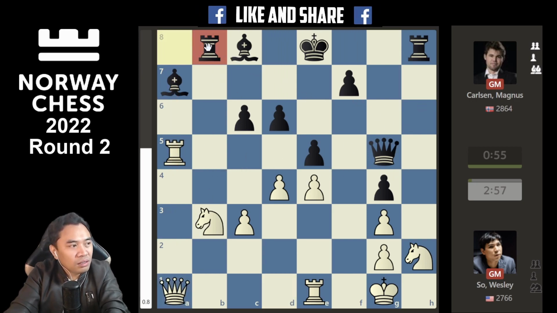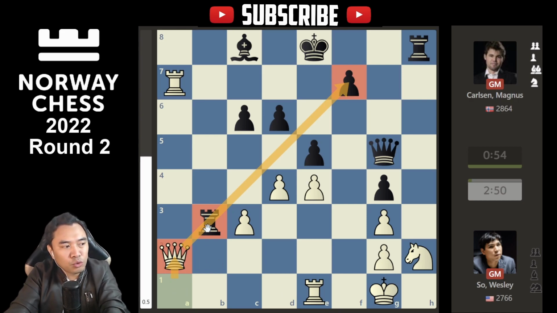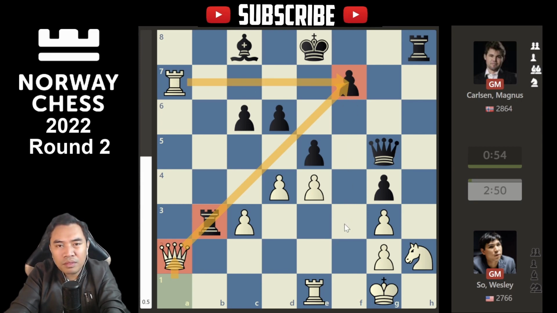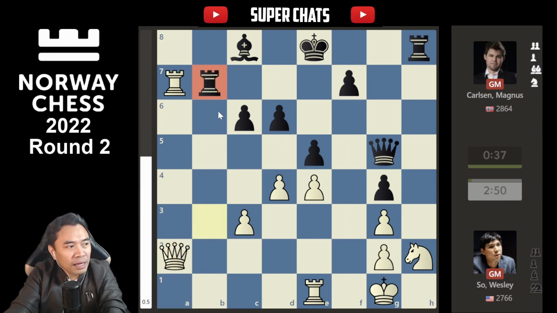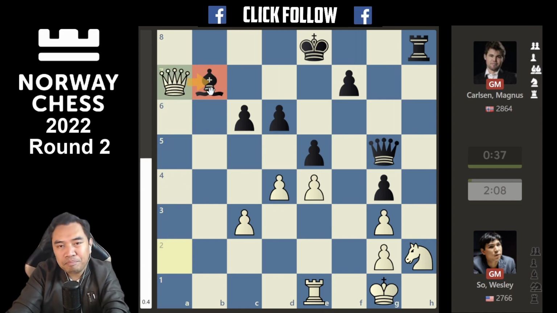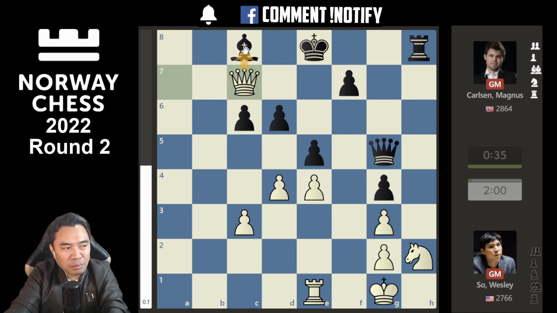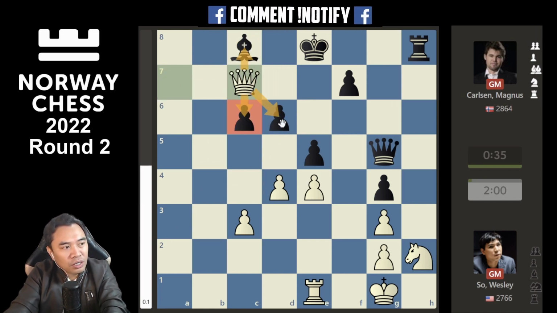And rook b8 to counter with the knight on b3. So Wesley captured the bishop, rook takes knight, and queen a2. Another strong move by Wesley, attacking the rook, and at the same time with an x-ray attack towards the f7. So that's why Magnus played rook b7 to block the threat. So he took, capture, then queen a7 attacks the bishop again. So Magnus played bishop c8, then queen c7 attacks the bishop again, and also with pressure with the